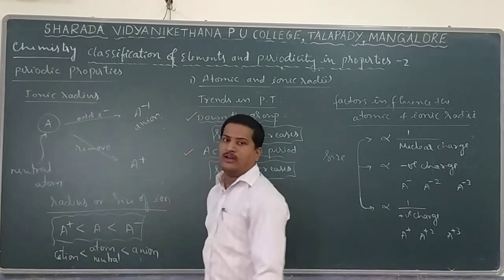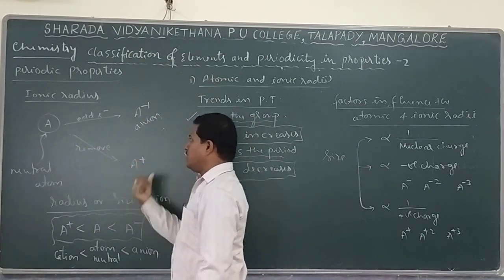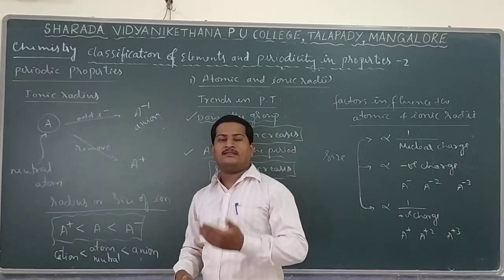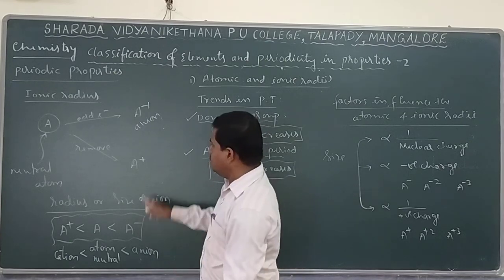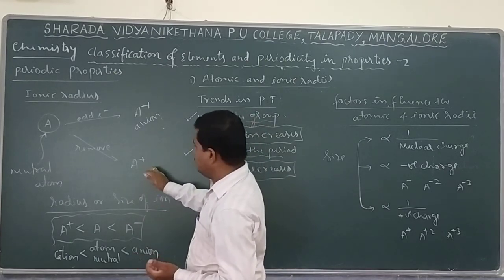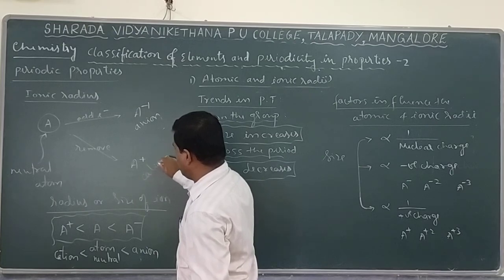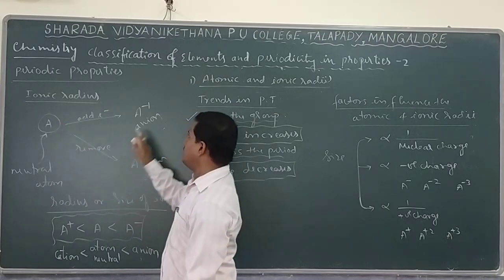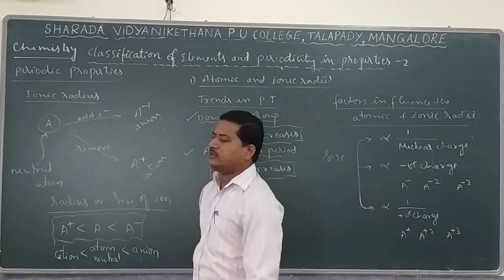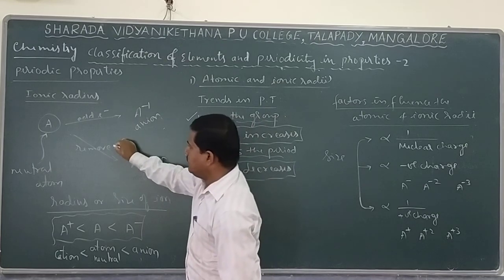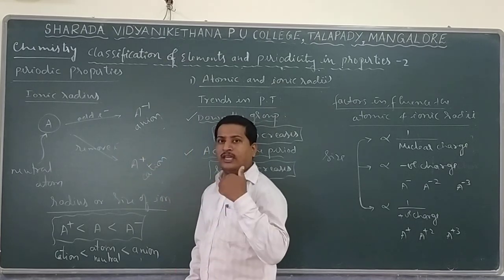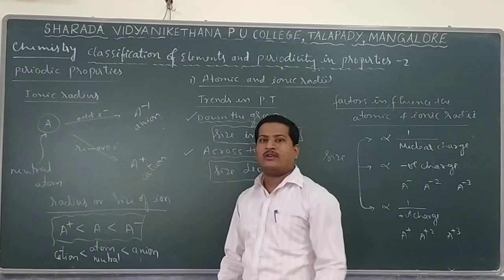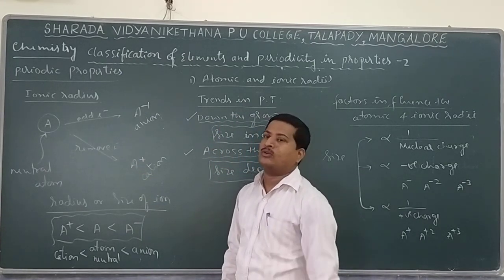After removal of one electron from that neutral atom, it shows a positive charge increase, the proton number is greater, thereby the electron number decreases. So that way it is indicated by plus. This shows the cation formation. So after adding an electron it becomes an anion, after removal of an electron it becomes a cation. If you remove one electron, A plus, 2 electrons, A plus 2, 3 electrons, A plus 3, like that one can find. Here also the maximum number of electrons removed at a time is 3, not more than that.